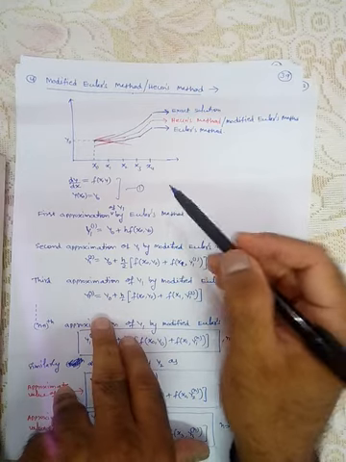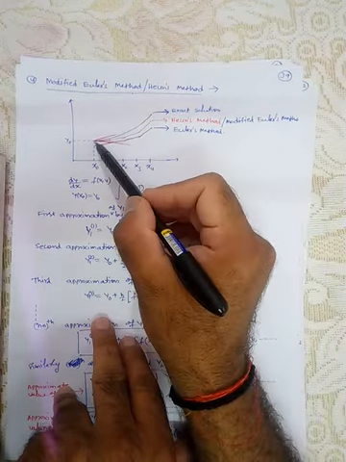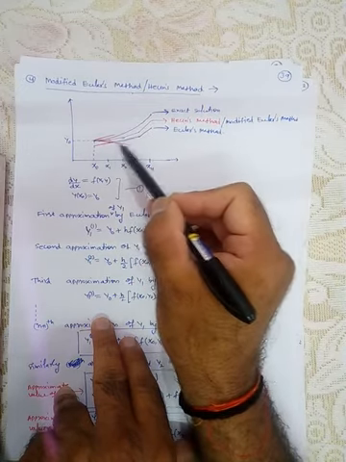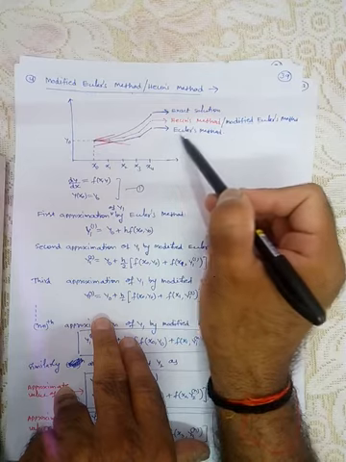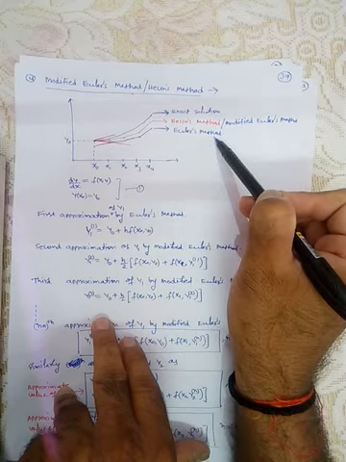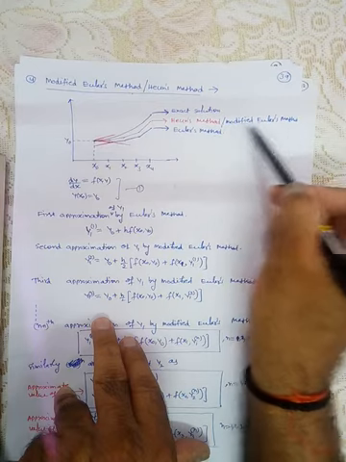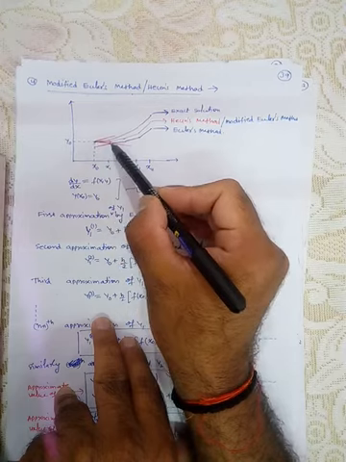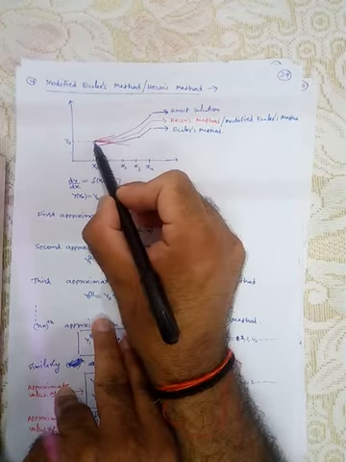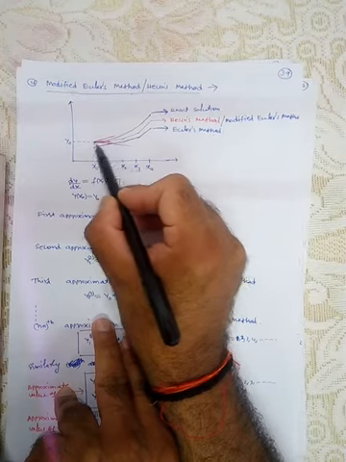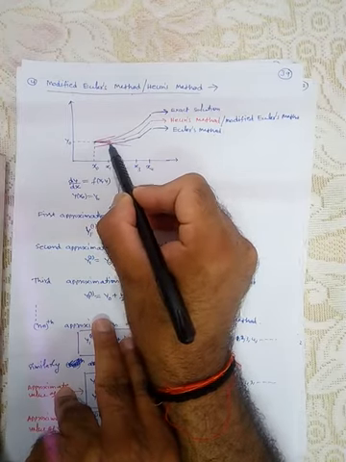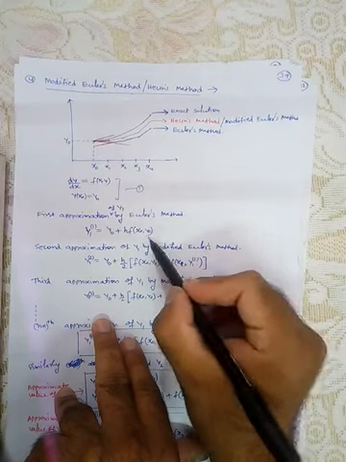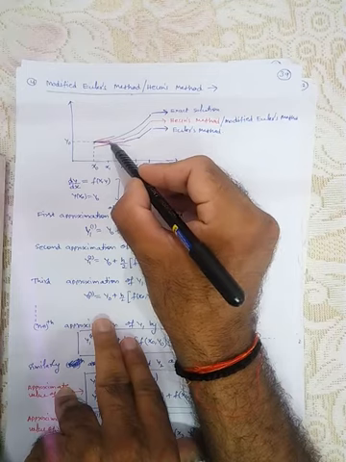Fine. So here, if you look at this graph, this is the exact curve, and these blue straight lines are nothing but the existing Euler's method. In Heun's method, or modified Euler's method, we first predict the value with the help of Euler's method. That means the first step is to just predict the value. So this value is predicted with the help of Euler's method. For example, here this value is the same as Euler's method,